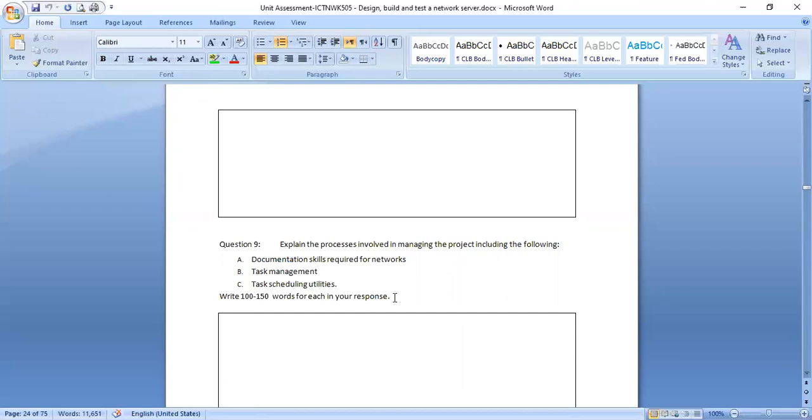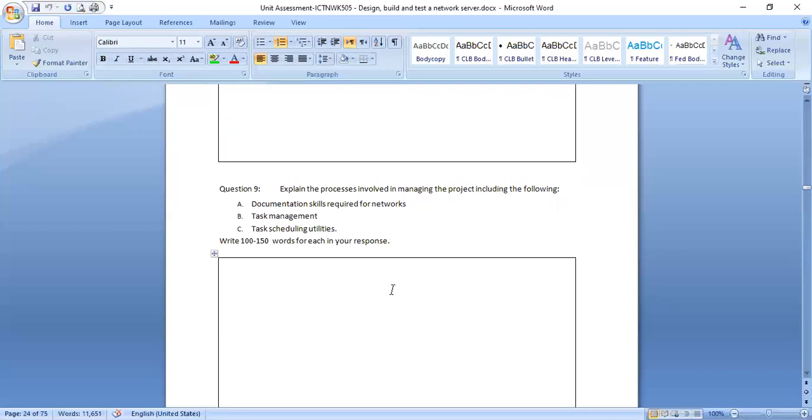Documentation skills required for networks. We should understand Visio or Draw IO, or we can understand the different block representation of network elements. This is the one thing. 3 things. Task management. This is very important that we understand how we can prioritize, how we can schedule, how can we communicate with people. So B and C pretty much